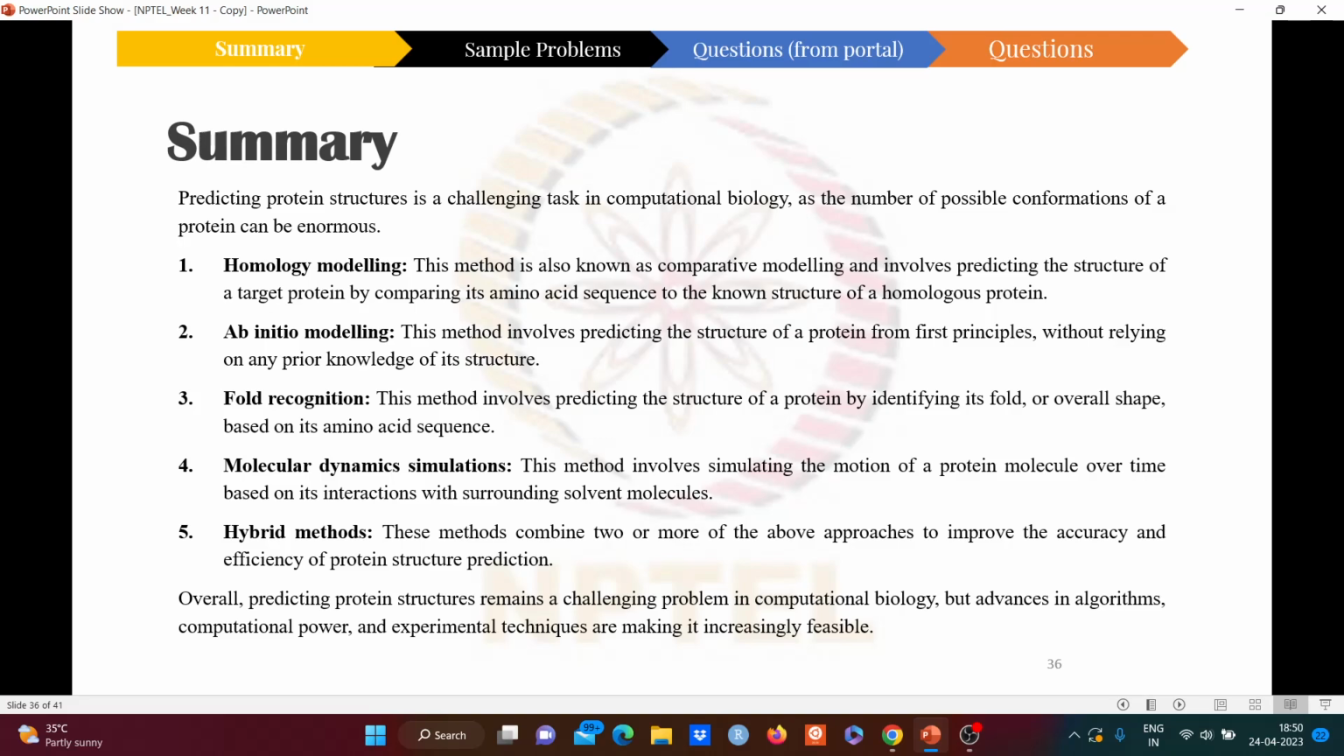Next is the fold recognition. This method involves predicting the structure of a protein by identifying its fold or overall shape based on its amino acid sequence. Fold recognition relies on the fact that certain protein folds are more common than others and that proteins with similar folds often have similar functions. Fold recognition algorithms compare the target protein sequence to a database of known protein folds and select the best match. Next we have molecular dynamic simulations and